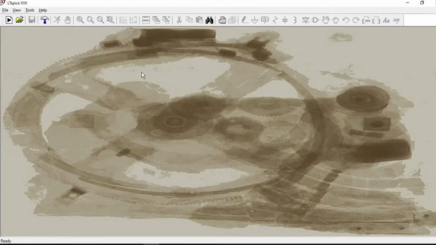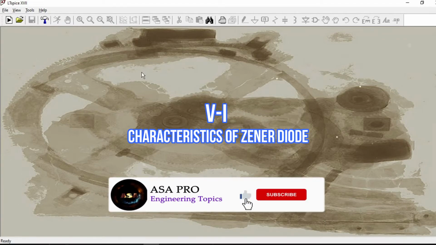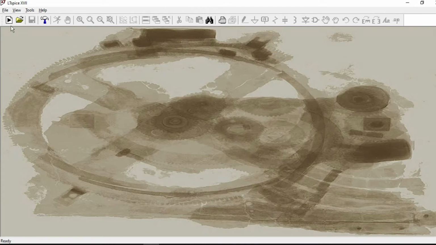Hello everyone. In this video I am going to demonstrate the VI characteristics of a Zener diode using LTspice. So let us do it. Create a new schematic